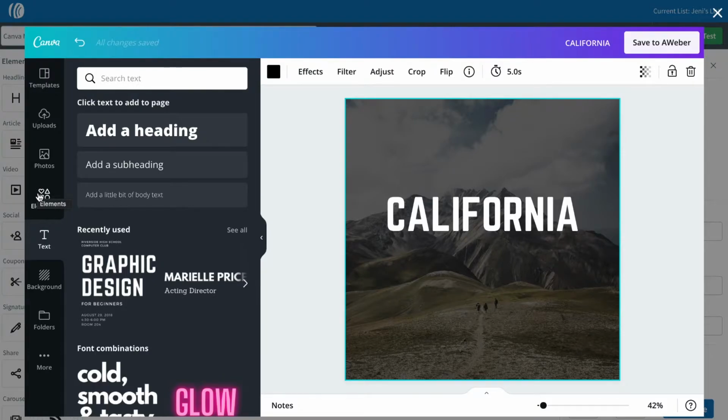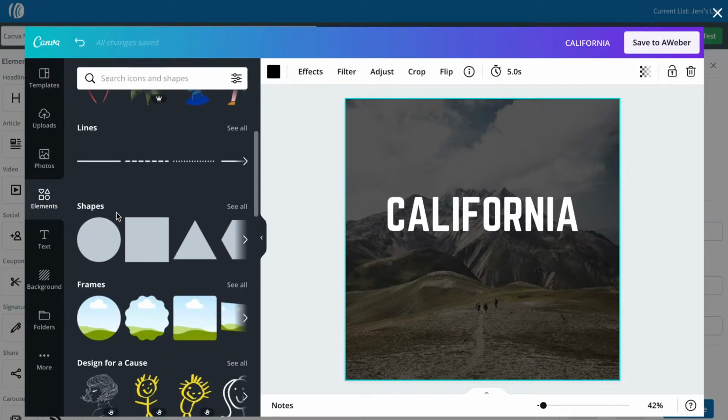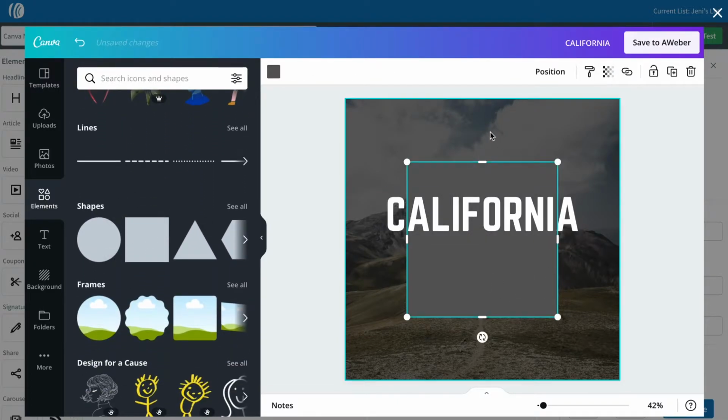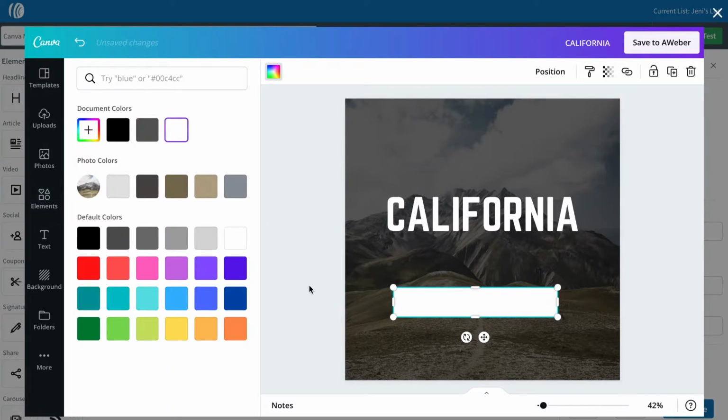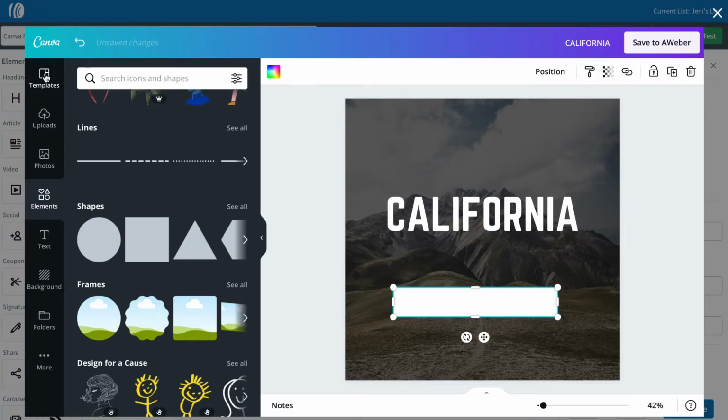And then I had kind of a button below that. So I'm going to click on the elements in Canva, and under shapes, I'm going to choose a square, which we're going to turn into a rectangle by dragging this down. So my size was 720 wide by 125 pixels high. So I'm going to try and get as close to that as I can. 126 will work, and then 720 wide. And then I had my white button over my image. And then I'm just going to drag that to be centered horizontally.